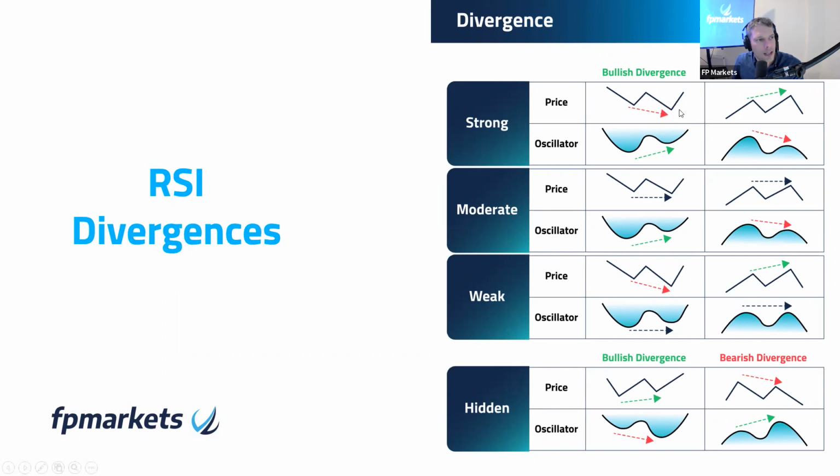So we are forming lower lows on price, but the RSI oscillator, as you can see, has formed a higher low when the price action has formed a lower low. So what this is telling you is upside momentum is beginning to gain strength, whilst price is still continuing lower. So what does this mean? This leg here could potentially be a weak leg. Here we had strong downside momentum, but here the downside momentum is beginning to slow,